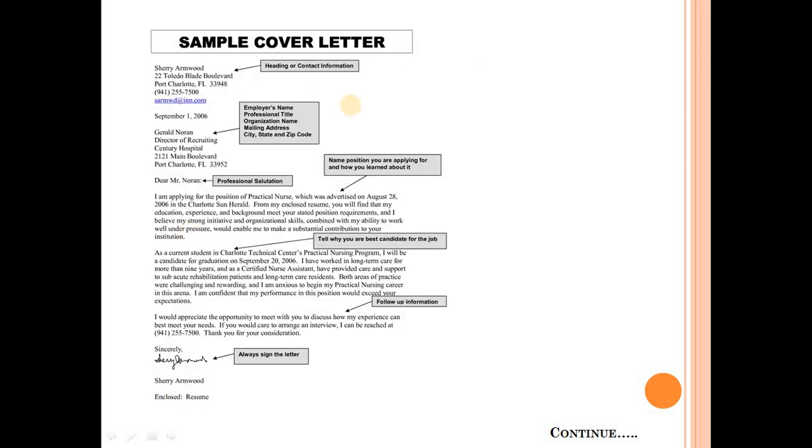Another sample letter that I have taken is in the block format, and this letter consists of two addresses: the first address of the writer, the second address of the receiver, and in between these two addresses there is a date given here. Then the letter starts with the salutation or the greeting, and then the opening or introductory paragraph, the central body of the letter, and then the conclusion. Here we have got the signature and your name.